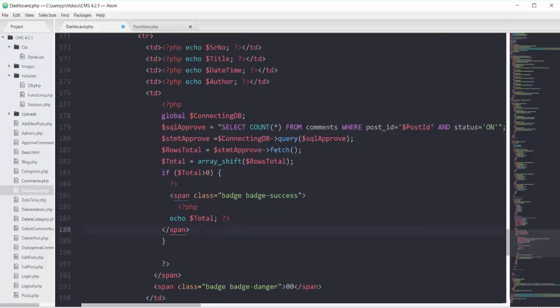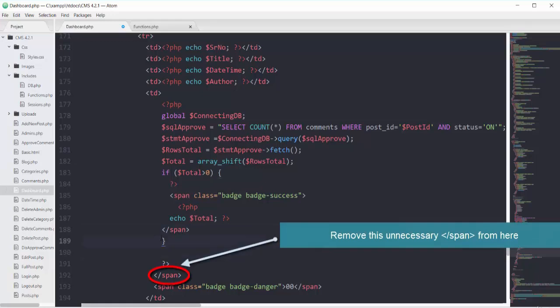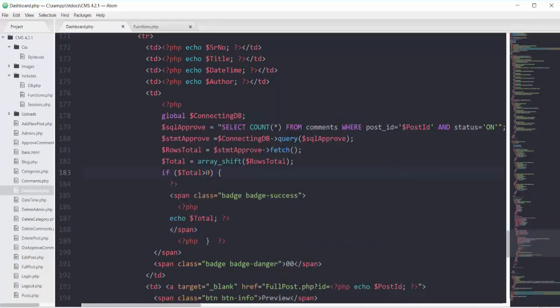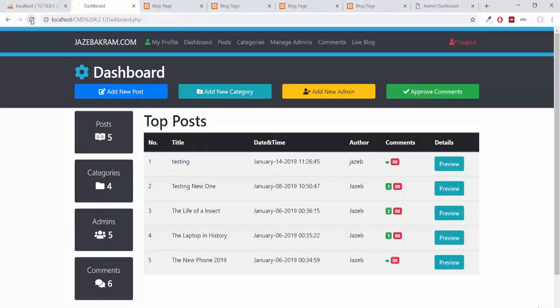And then I have to add this if ending in a PHP scope. So I'm saying if the total is greater than 0, then only show me that badge. I have to put this span inside the PHP scope, that's why I closed PHP here. Then I started it again and echoed the total, then the span, then I started PHP again and added the ending of this if condition. So if I save this one and refresh my page, see, now we don't have that badge when our comment count is 0 on that post.